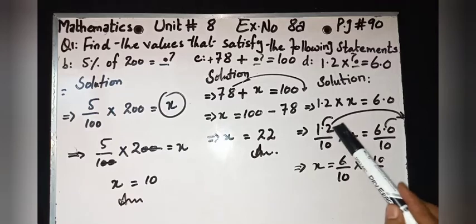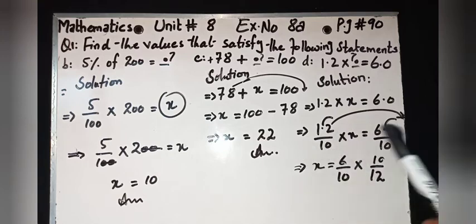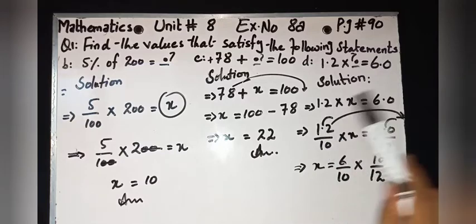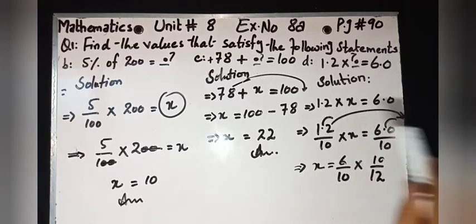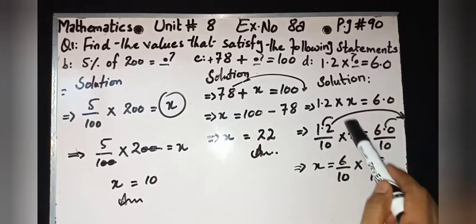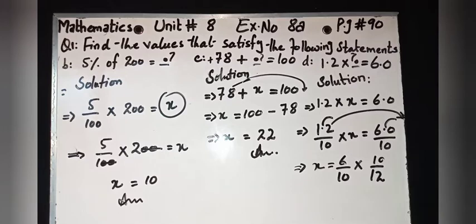In place of the decimal we put 1. After the decimal we have 1 digit, we put 10. It means after removing the decimal we have 12 upon 10, 60 upon 10. Clear? Now we shift this part to the other side, change the place, automatically the sign will be inverse. Now over here this part we have fraction. Fraction means divide. Divide changes into multiply. So the simple method is reciprocal. Automatically it's inverse.